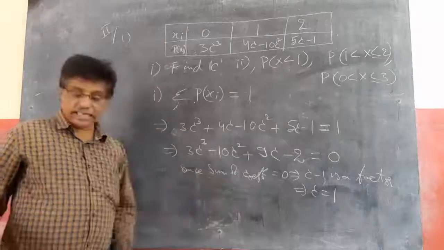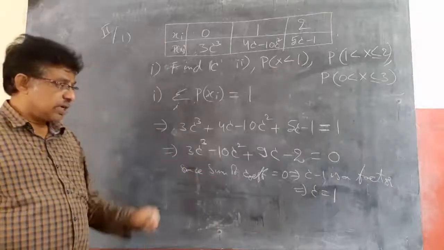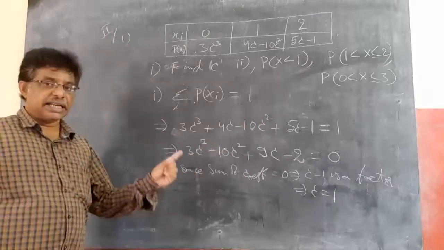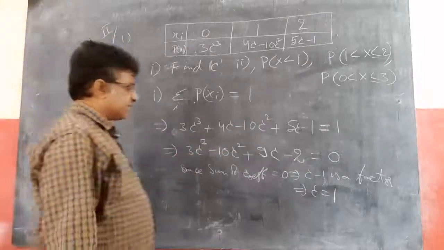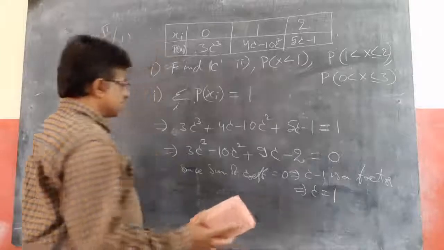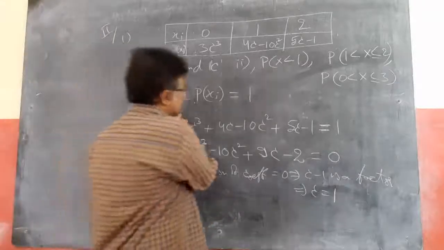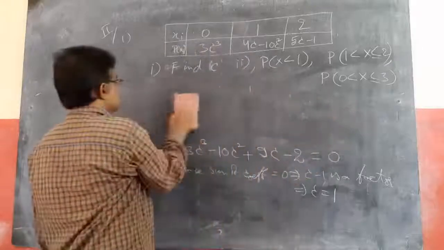So how to find the remaining two roots? There are two ways. One way is your 10th class method, ordinary division. The second way is your theory of equations method, synthetic division. So I will go for the synthetic division method. How to do synthetic division? I will tell you.